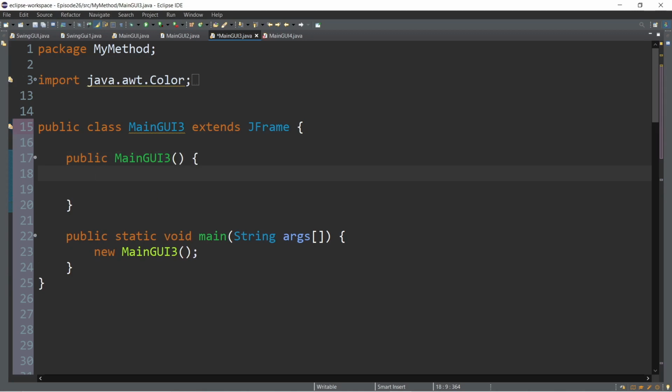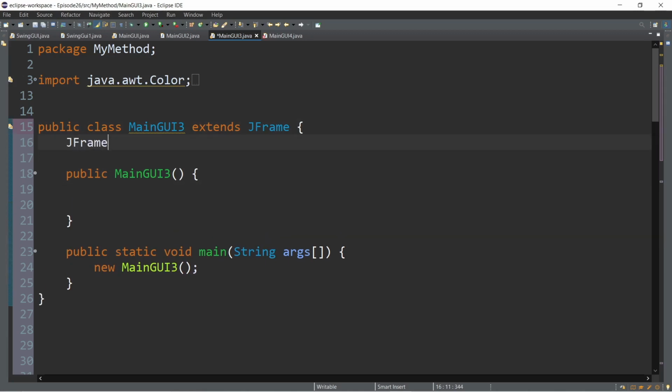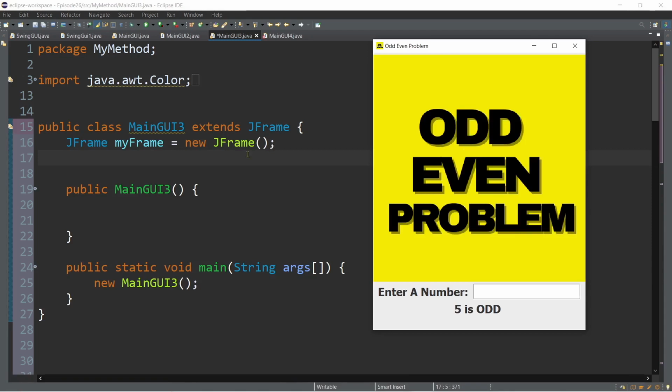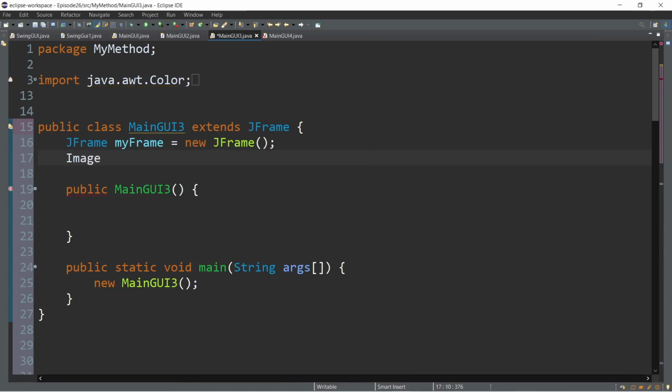And then let's work now inside of the constructor method. What's the first thing that we need to do? Since we want to have a frame, we need to instantiate a JFrame class. So JFrame, for example, myFrame is equal to new JFrame. And then since we are going to use an icon, we will instantiate an ImageIcon class also. For example, myIcon is equal to new ImageIcon, and then we will put the